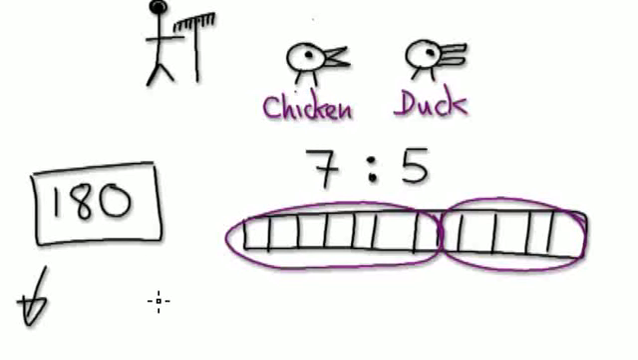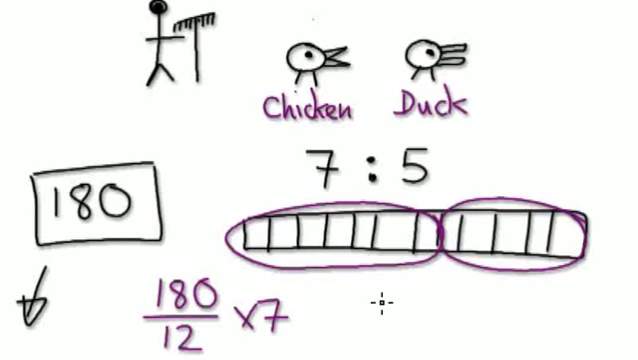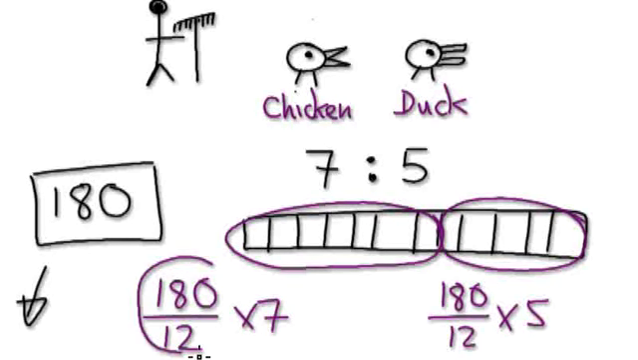Well, what you do is get your whole amount, whatever it is, split it into 12 equal pieces. Okay, and if you want to know how many chickens, then times by 7. And then if you want to know the number of ducks, then get your whole amount, cut it into 12 equal pieces, and then times by 5. You see, when you do this,